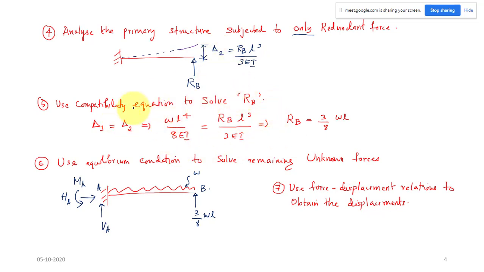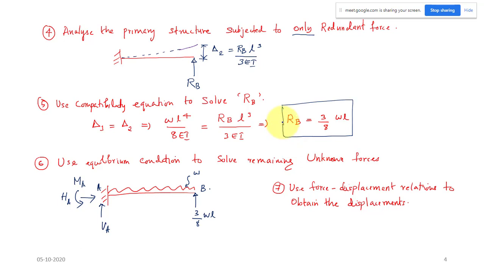We are relating displacements, and that type of equation we call the compatibility equation, basically the equation relating the displacements. So you can write the relation between delta 1 and delta 2, both should be equal in magnitude. And in this equation, we know the span of the beam, the loading on the beam, and the properties of the beam, E value and I value, and we have one equation and only one unknown, which is RB. So I can solve for RB, and once you solve it you will get RB equal to 3 by 8 of WL. Okay, so that is the fifth step.